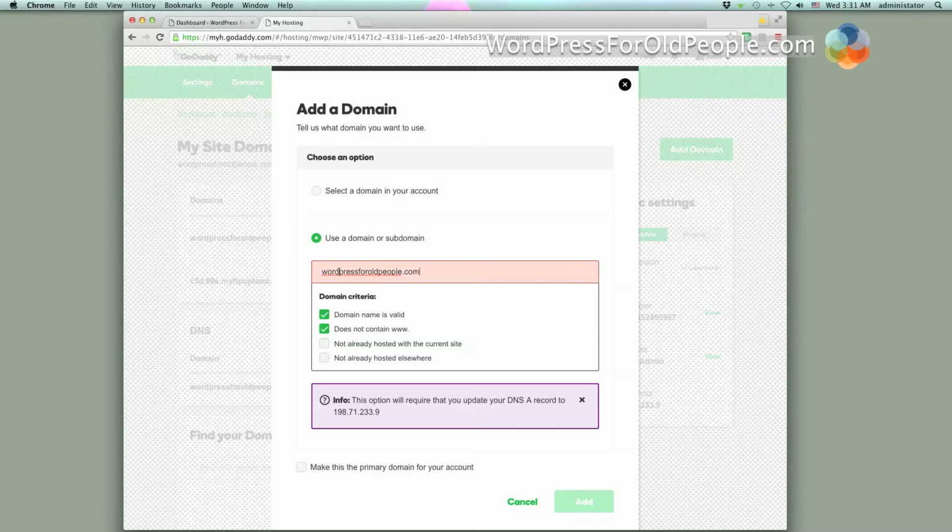So we could even type WordPressForOldPeople.com, but I had to go back and shoot this little portion, so sorry, the domain name is already attached. But another one is WeMoveWebsites.com, which is another domain name that I have. So that is how